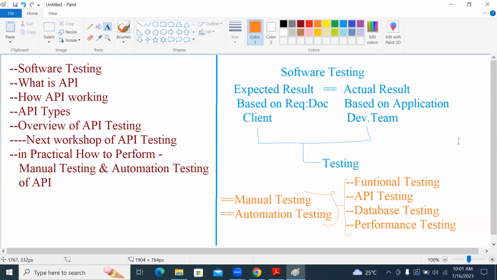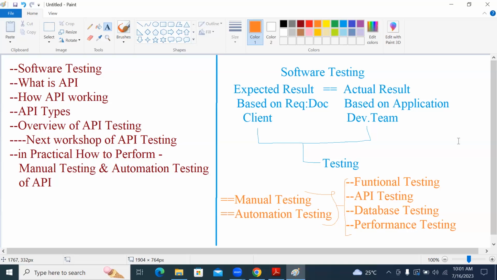second workshop. Before going to the next workshop, as today is the very first session, first I'll try to explain what is API, why API came into the picture, and why we are getting more market for API. That we'll understand. And then we'll have an overview of API testing. After that, we'll move on to practical. So in today's session, try to get more detailed information on API and API testing.